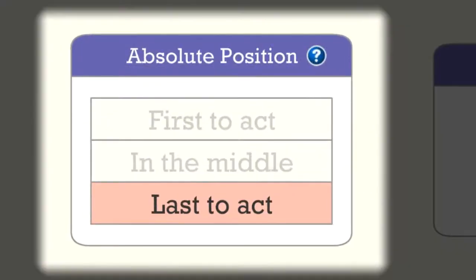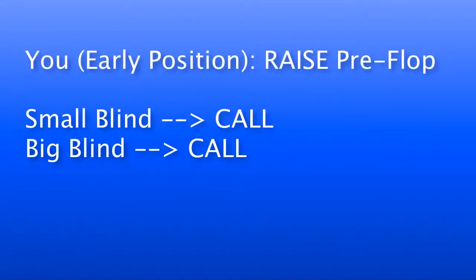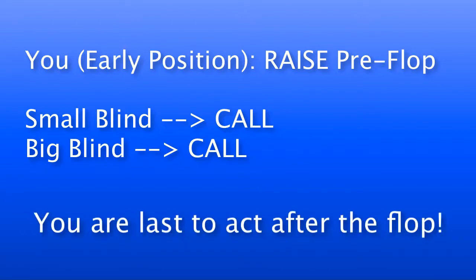Your absolute position tells you when you have to act compared to the other players. The player in the small blind will always be first to act, and the player on the button is always going to be last to act. But for the other positions, it's not so simple. Say you are in early position and you raise. You get called by only the blinds. In this case, even though you were in early position pre-flop, you are now the last to act after the